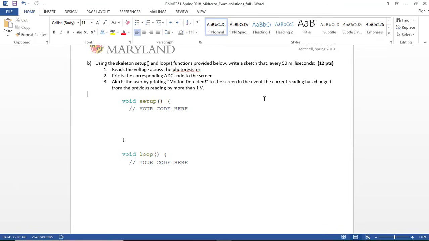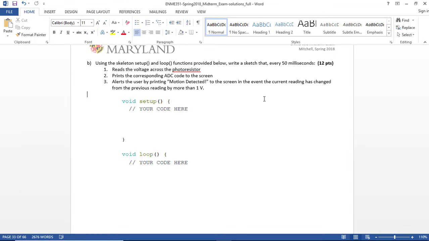Then go ahead and alert the user by serial.printing or serial.printlining, motion detected, if the voltage has changed more than 1 volt. Okay, so now you need to account for voltage as read by the Arduino. So you have a full scale range of 5 volts. And you have a 10-bit analog to digital converter, right? So 1 volt change is going to be roughly 1023 divided by 5, or about